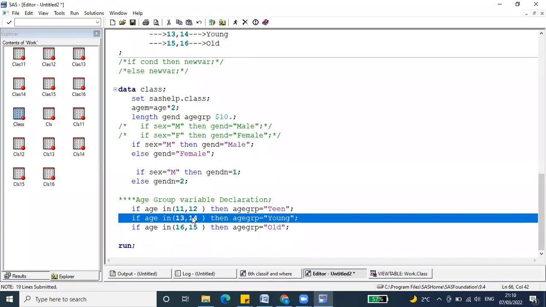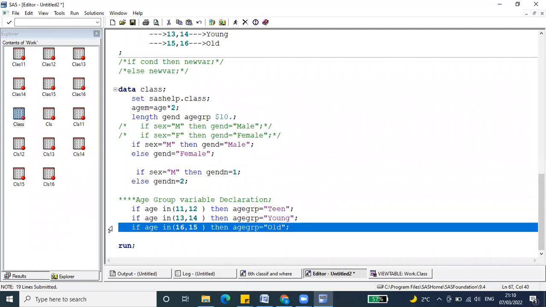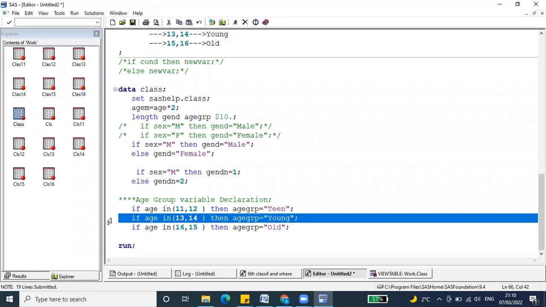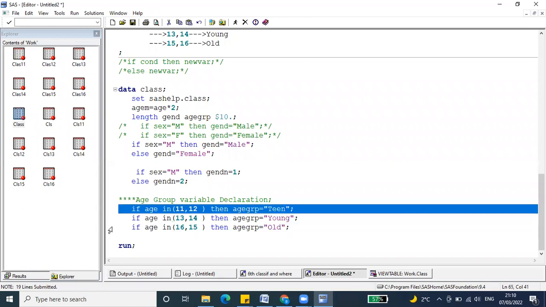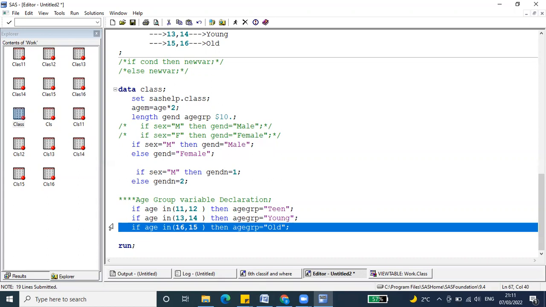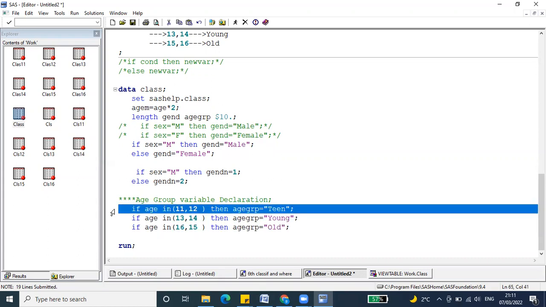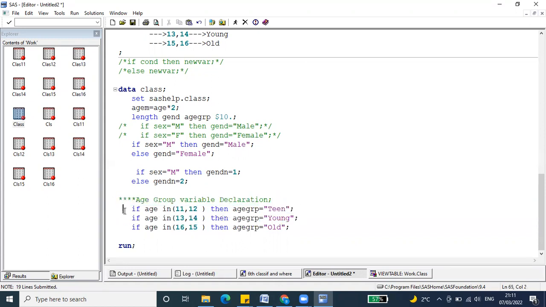So when the condition is true here, is it required to execute the next statement as well? No, right? If you are declaring independent if statements, it will search and check each and every record separately. It will search and execute each record separately. But this is not the correct way to declare a single variable. Why? Because